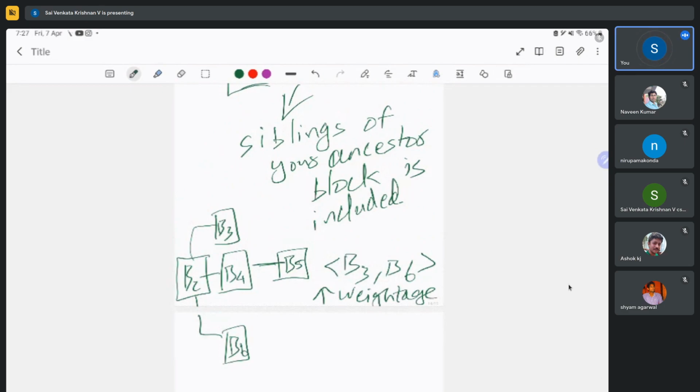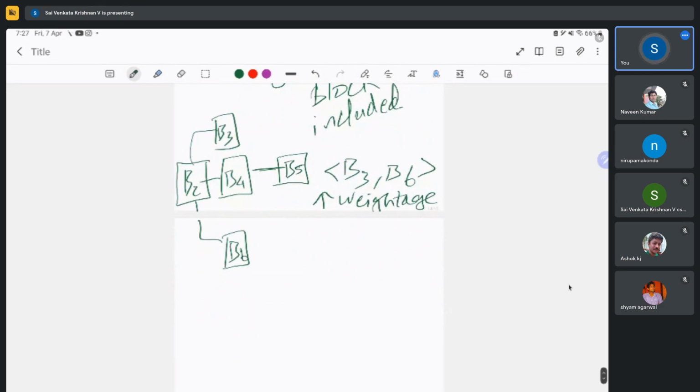And it is in a way showing that I was not acting selfishly, whereas I was communicating with the other nodes, and because of that only I was able to find out that B4 has these sibling nodes B3 and B6, right? And when B5 is eventually part of the longest chain, the miner node is rewarded for B5, the B5 miner,